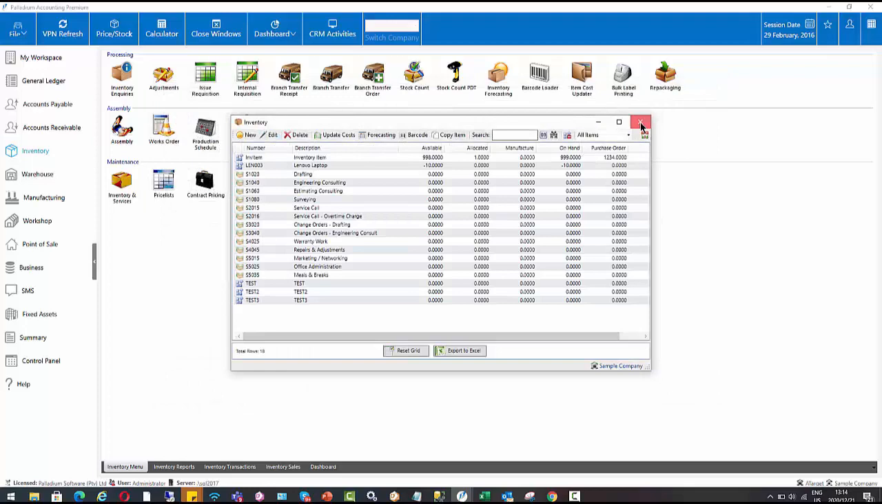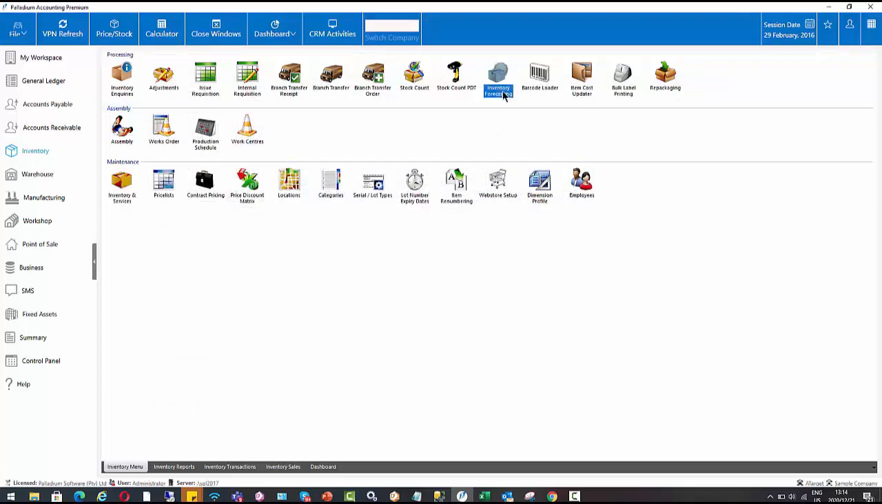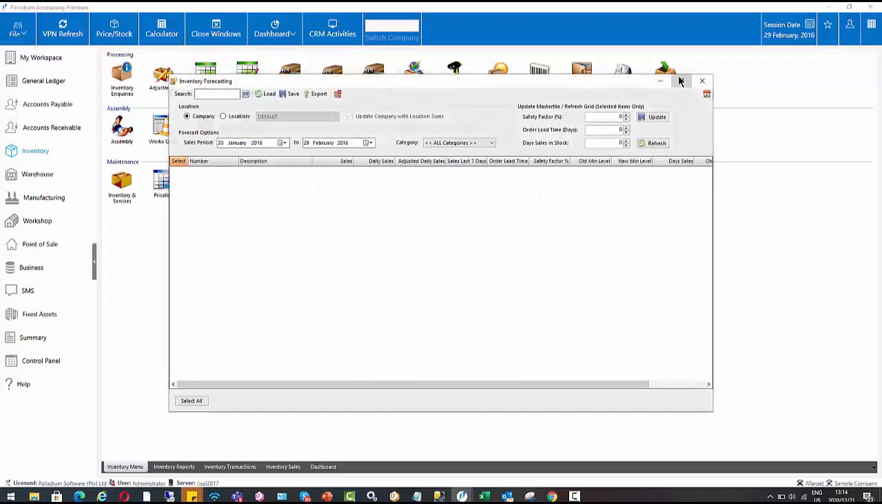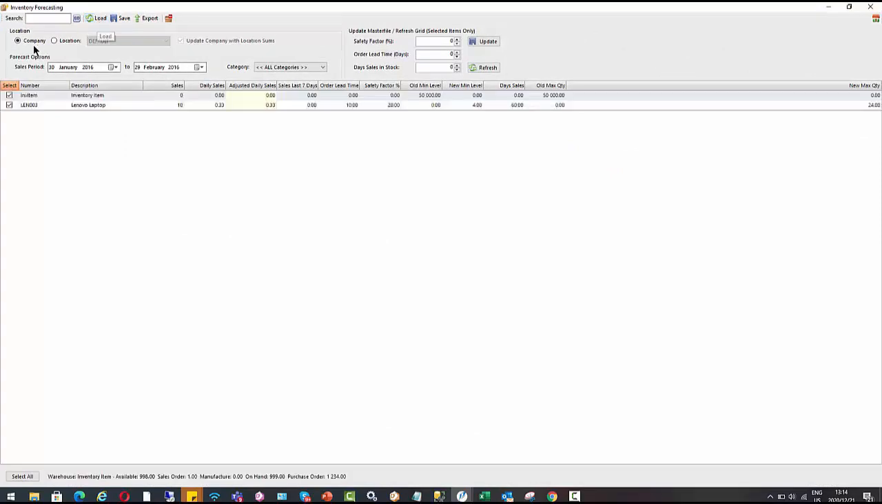And then our next part is to use the inventory forecasting module. So let's make this full screen. I'm going to load it. I'm going to do this at company level. And here I can select the sales period that we want to have a look at to help us forecast and calculate our new minimum level and new maximum quantity. So here within that sales period that I've selected, it's saying I've had 10 sales, I've sold 10 Lenovo laptops, my daily sales on average is 0.33,